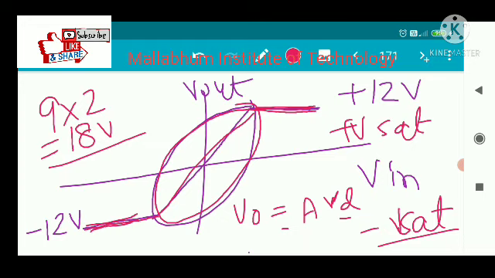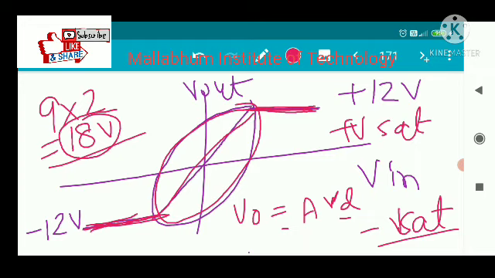The op-amp is a very good amplifier, but you cannot get a very high voltage out of it, because it is limited to plus 12 and minus 12. For that purpose you need a power amplifier. Okay, so that is all about the characteristics. Input stage, that is the dual input balanced output differential amplifier. Intermediate stage, dual input unbalanced output differential amplifier. Level translator stage, its function is to bring the DC level back to 0. Output stage, which I have not discussed, is the push-pull complementary amplifier.